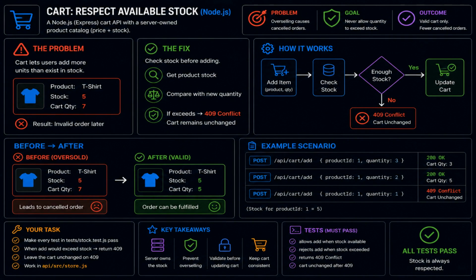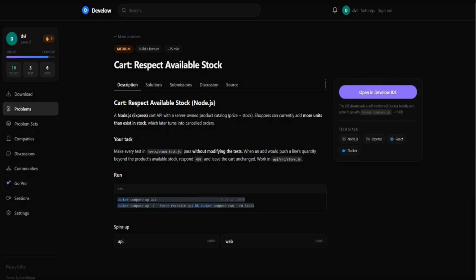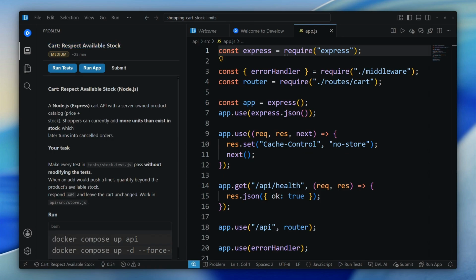We need to jump into the Develow IDE, use the Develow AI chat to parse our catalog models, and implement a strict boundary check that rejects overdrafted items with an HTTP 409 status code before the cart state is ever mutated. To approach this fix professionally, we'll start by using the Develow AI chat to get a map of our